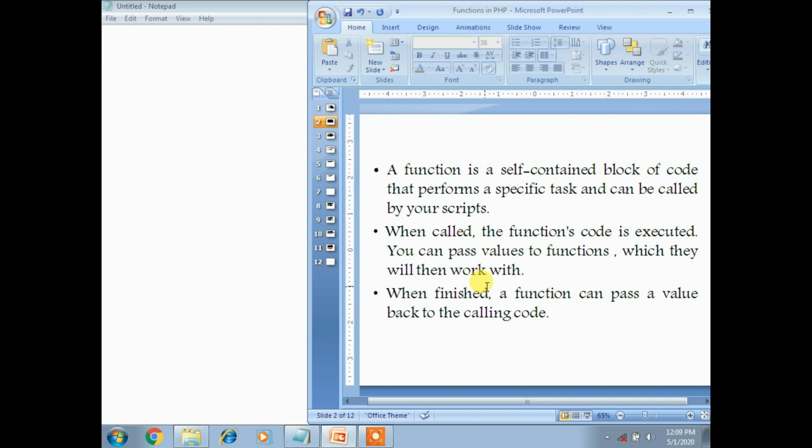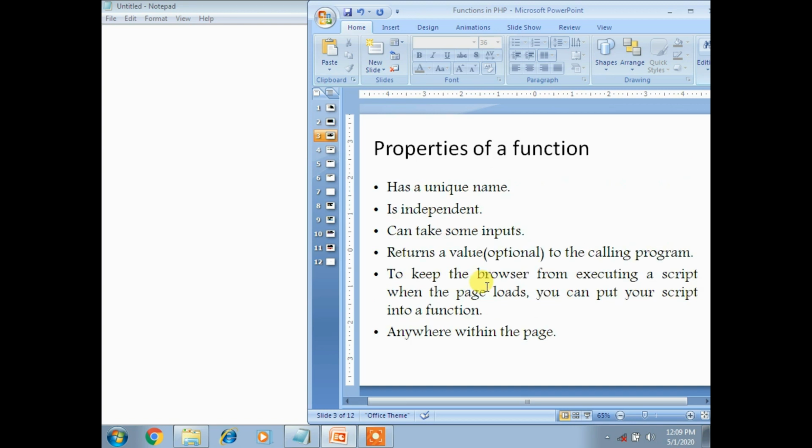So this is about a function, and here are the properties of a function. Let's see what the properties of a function are. It has a unique name. For each and every function there should be a different name, and whatever rules apply to variable names apply here also.